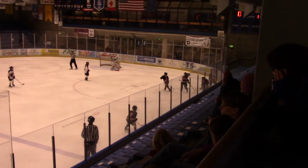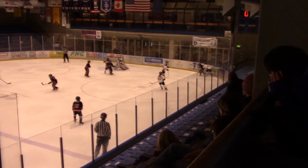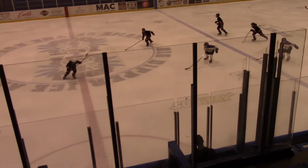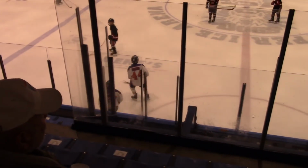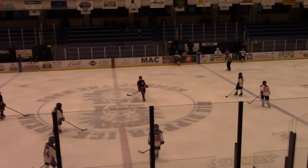Now battle for it in the near boards. That's Chenard sending it down to Kais. Kais now in the corner. Battle, centers it, and it goes all the way up to Willis. Willis can't quite hold it in, and racing over is Jarvis at the neutral zone, and there's a whistle as a touch. Looks like we got a high stick call on